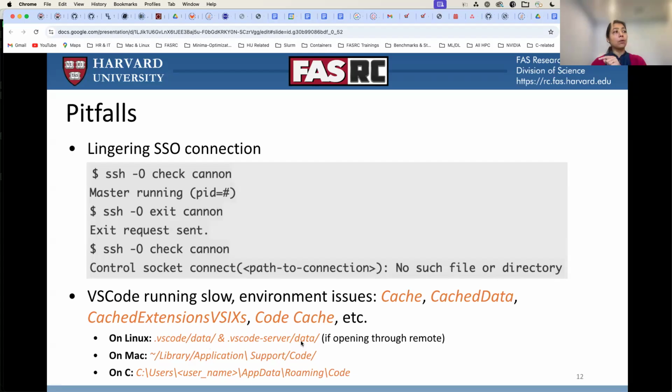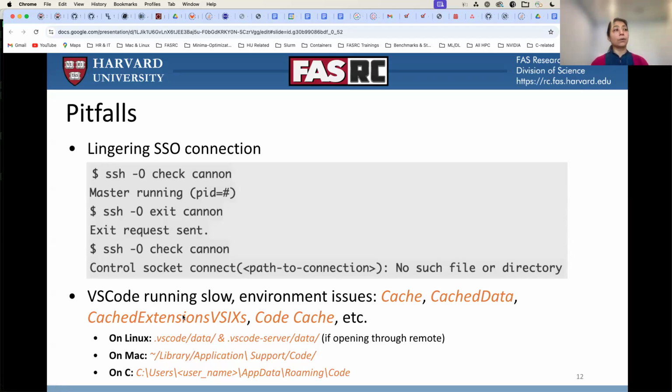Under that, you can open this. You can actually remove these folders like data or cache data. If you're on Mac, they're typically under the Library application folder. And if you're on Windows, this is where the location is. But if you can remove those, start by removing cache, then cache data,